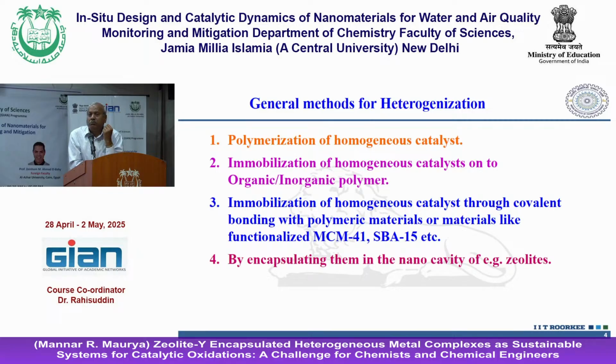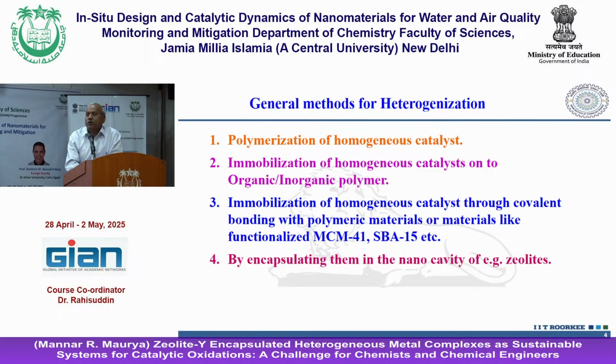What I presented in the morning used an organic polymer. These days, inorganic supports are also very well known, where materials can be immobilized on the surface itself. You may know some of them, like MCM-41, SBA. These are silicates, aluminum silicates, substituted aluminum silicates, and others. They are porous materials that work very well. A homogeneous catalyst can be embedded through covalent bonding or adsorption, and they work very well. So that is one method. And the last method I mentioned here is almost similar to number 3, but this is zeolite